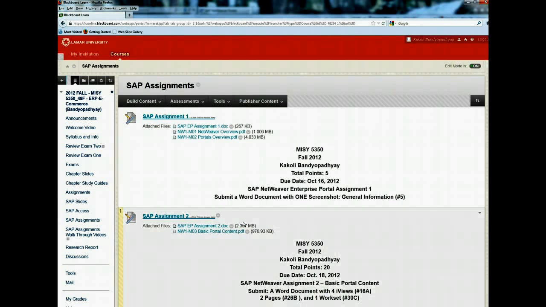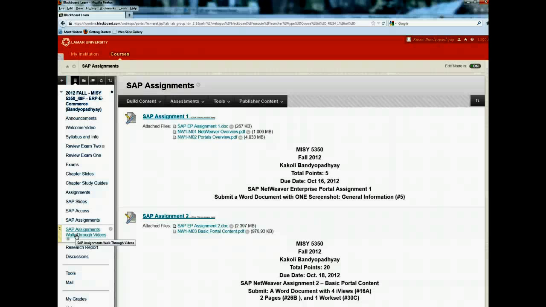Now I have loaded already 11 assignments. In total you will have to work on 12 assignments. I'm done with 11 assignments and I've posted them. The last one I'm still working on, and I will make it available when I'm done. But assignments till November 20 have already been posted. Now here when you see SAP assignment walkthrough videos, I will post some walkthrough videos of those assignments here. It will help you to work on those assignments. So I would like for you to check these walkthrough videos also.